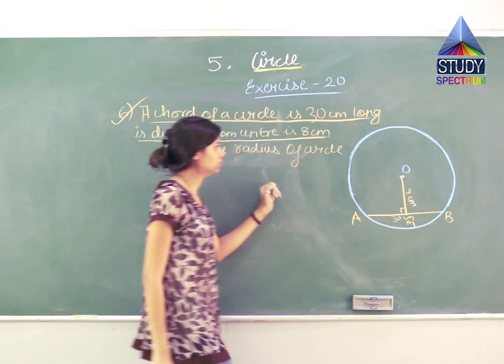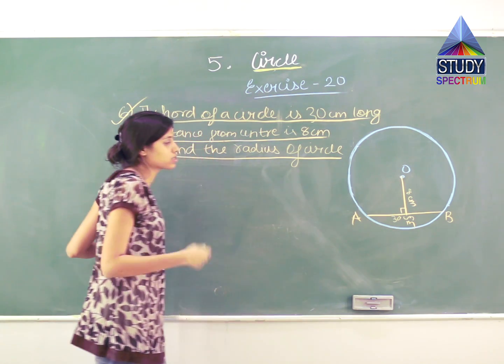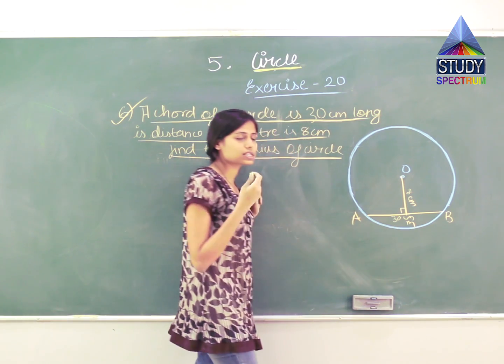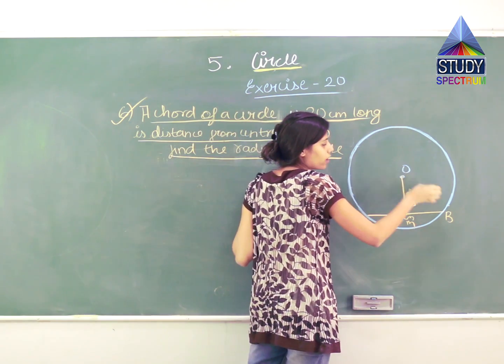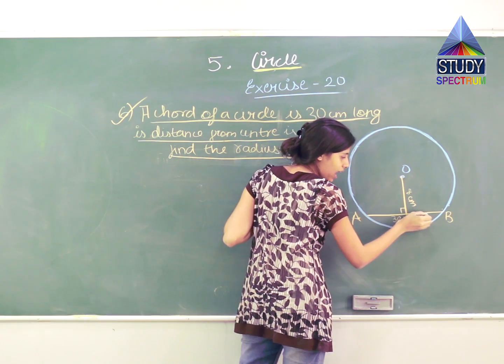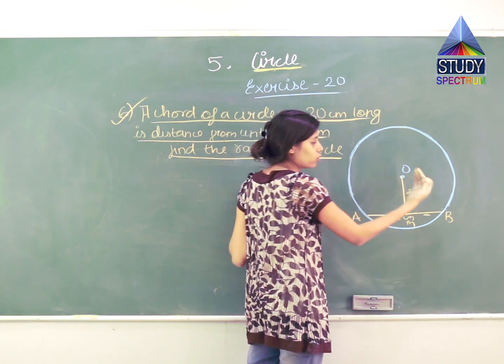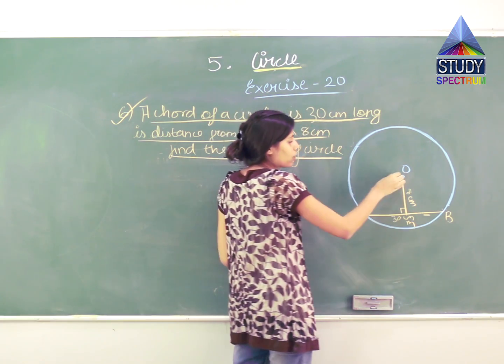Okay, now let us read the question further. Find the radius of the circle. और क्या बोला है? हमें रेडियस फाइंड करना है. तो रेडियस कैसे मिल सकता है? By joining this OA. You can even join OB. इसका आधा फिर यहाँ लिखना पड़ेगा तुम्हें. And hypotenuse same you do over here, same you can do over here also. Okay, it does not make any difference. So I'll draw it over here.